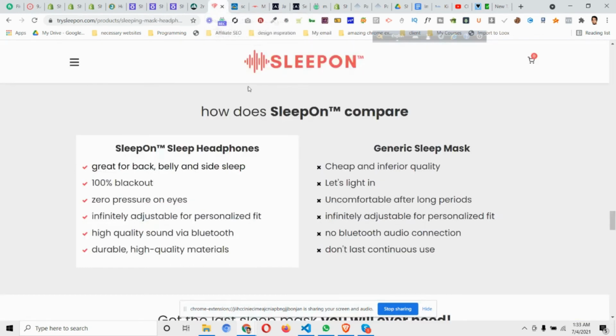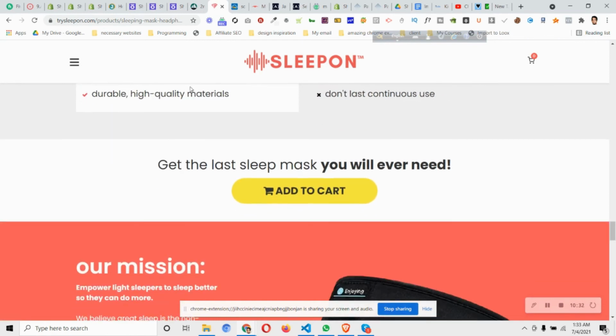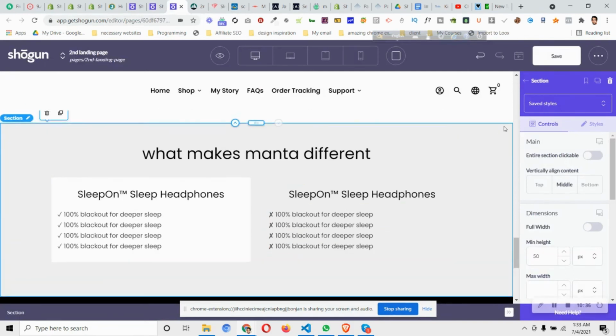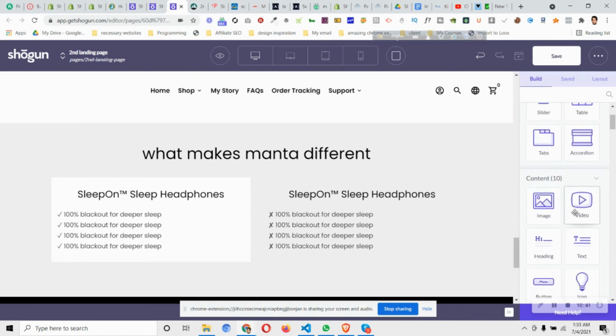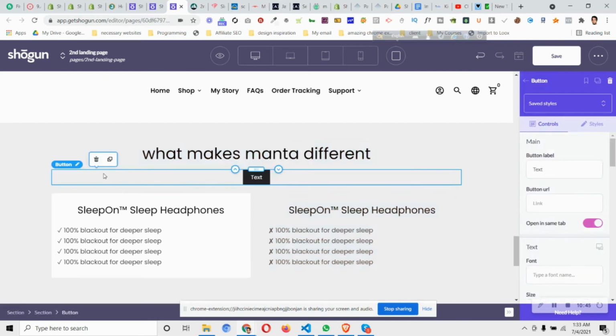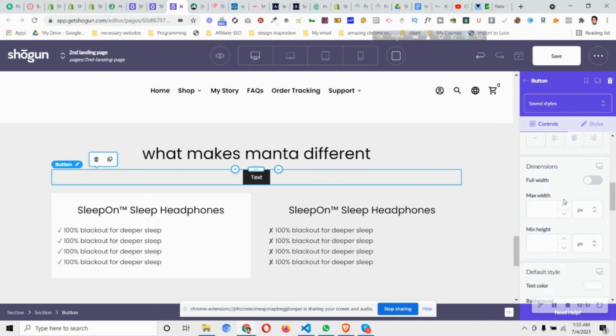So we already made this again. So get the last that you will ever need. So we can have something like this with a button as well. So the button could scroll to the next section. If we see the buttons, let's check if buttons work something like that or not. So button URL, what could be the button URL? Button is,